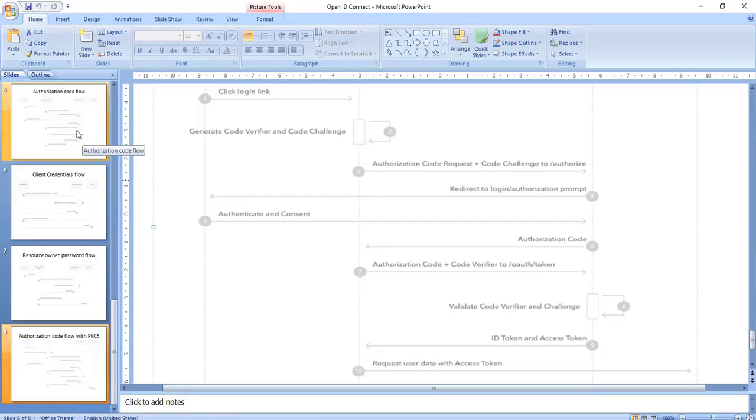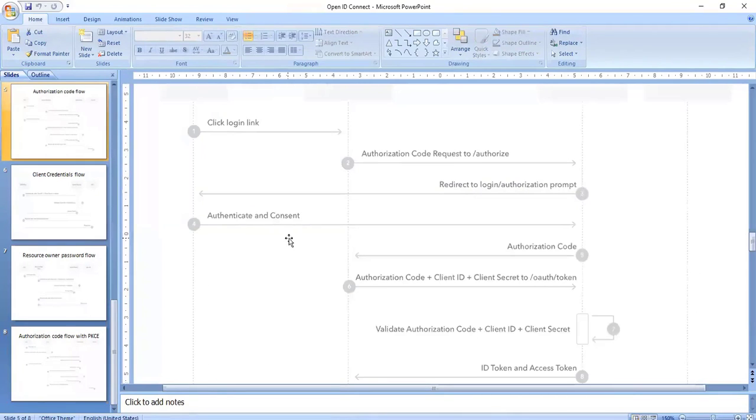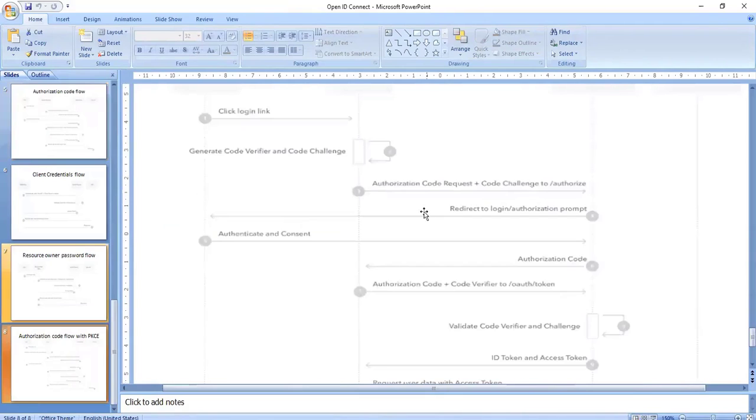OK, once you integrate an app with Okta, the client ID and secret will be generated. That will be stable until that application is decommissioned. But here, in this PKCE mechanism, each and every time the code verifier and code challenge will be generated, which will be unique for each and every request. That is the main difference. OK, is it clear? Shall I go ahead with the third flow?